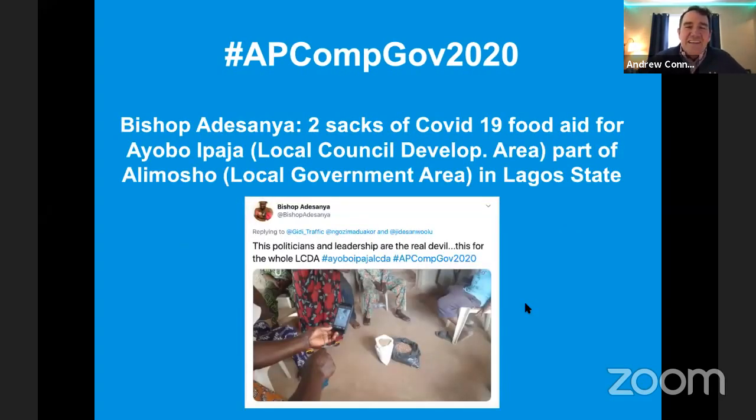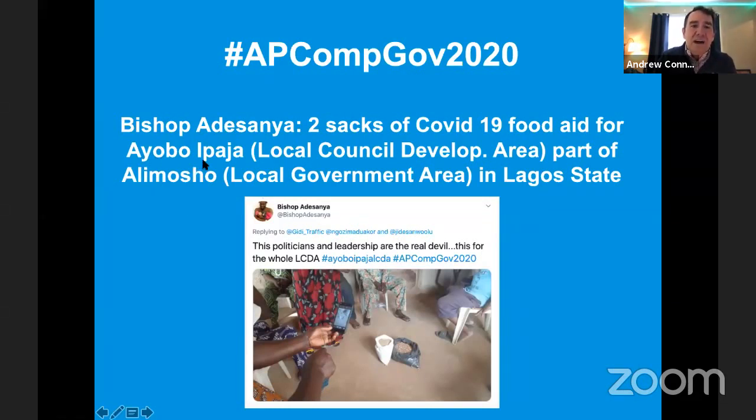And Saturday night, Twitter got really interesting at hashtag CompGov2020 with some international activists reaching out to our hashtag to talk about federalism and the local government response to COVID-19. We had a gentleman, Bishop Adesanya, who tweeted at hashtag APCompGov2020. And he was specifically talking about an area outside of the city of Lagos. It's actually called Lagos State, which is separate from the city of Lagos. And in this local council development area, what they call the LCDAs, that essentially would be like a city or a neighborhood of a city,